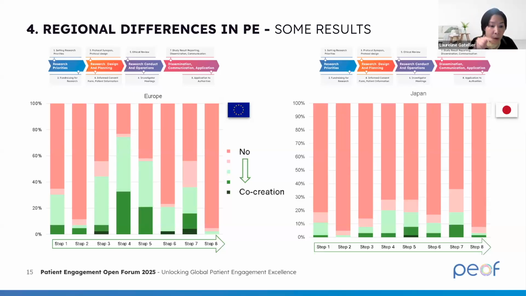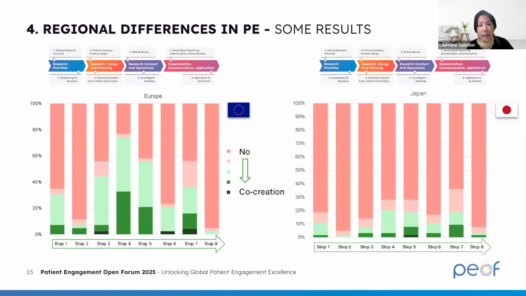I'm looking at Europe first. So step 5, which is involving patient representatives in the ethics committee, here again. And then afterward, engaging patients in protocol design, protocol writing, which is step number 3. So these are the 3 major steps where patients were mostly consulted in Europe. You still see active involvement in informed consent, step 4, and in step 5, ethics committee. So you see this kind of inconsistency in Europe.